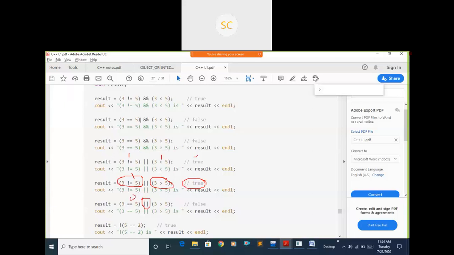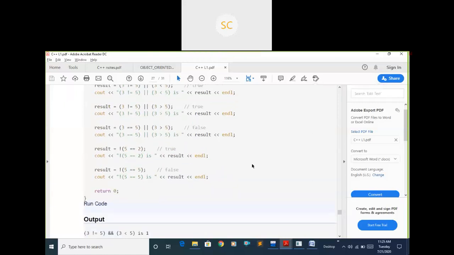Here you can observe this is false and this is false. Finally you got the result as false. Okay. See, the not case also. For example, 5 equals to 2 within the parenthesis. Inside this is false, but I'm using not as my operator. Okay. The total false case becomes true now.